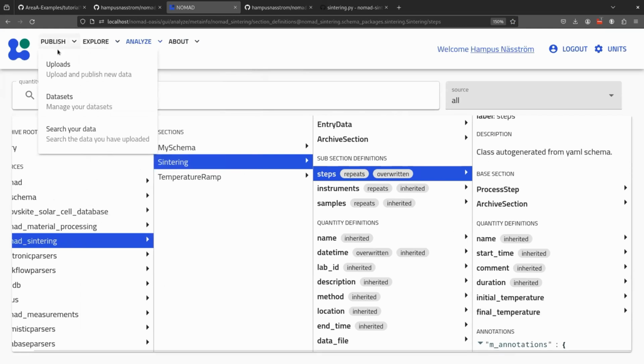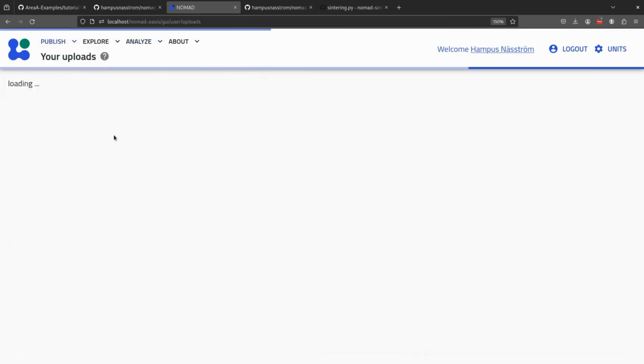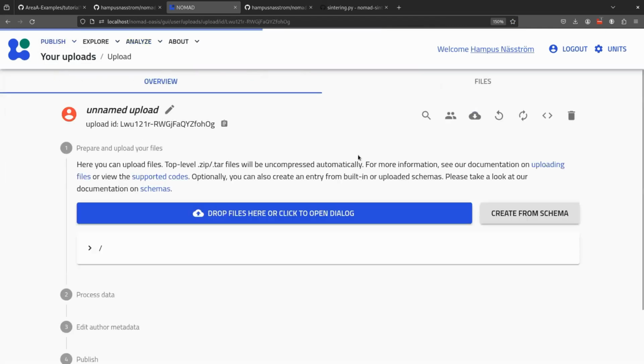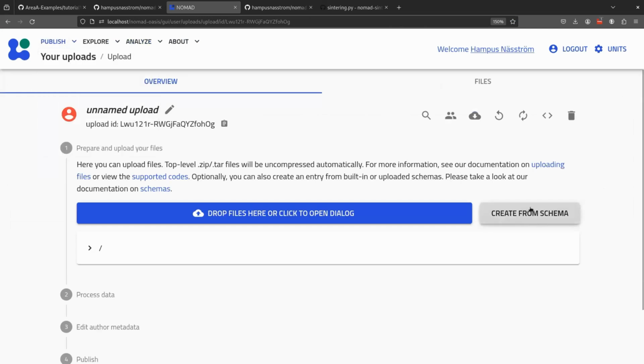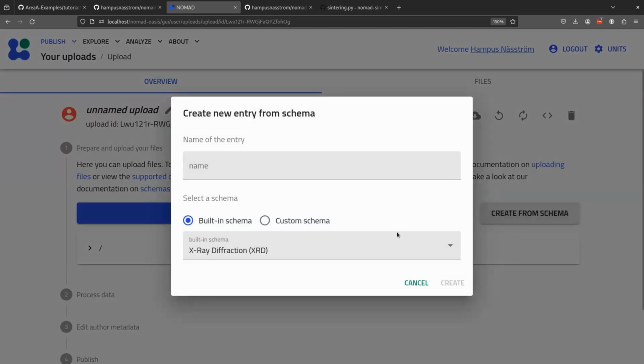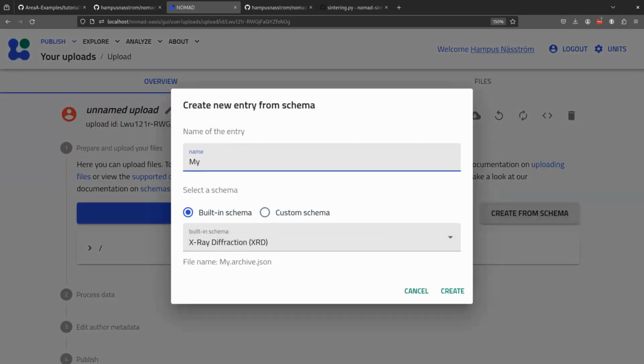So the last thing I thought I'd show now is that we can actually also create an upload. So I'll create a new upload here. Again, publish uploads, create new upload. And then now when we hit create from schema here, this is now a built-in schema because it's a plugin. So I will do